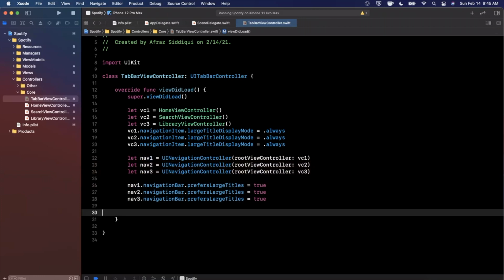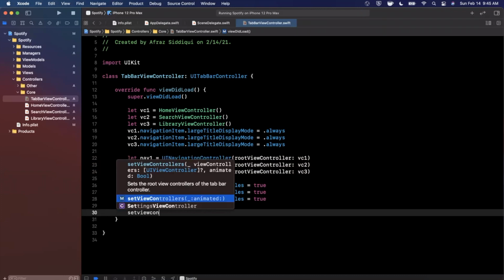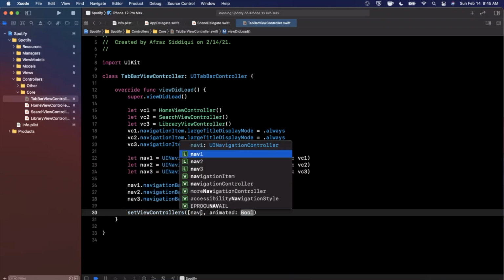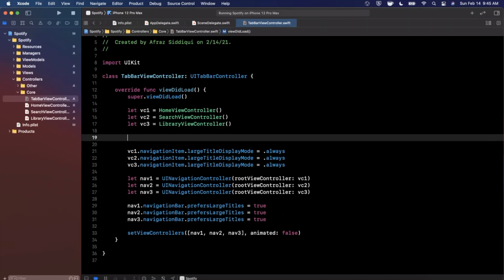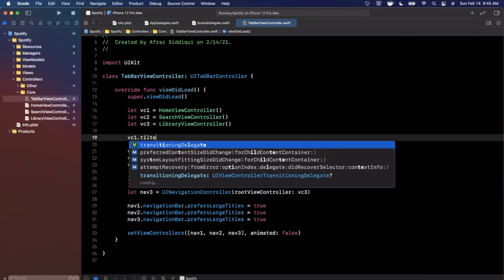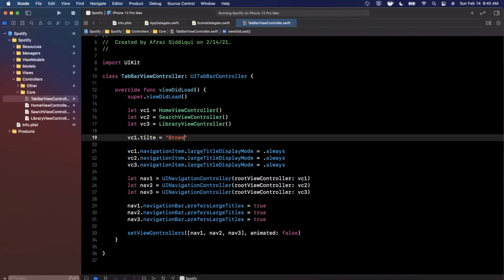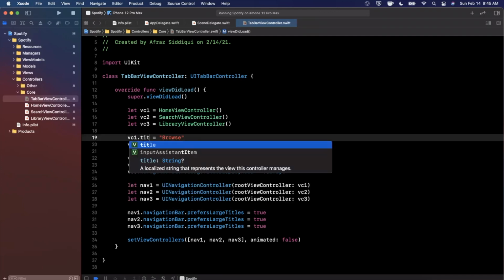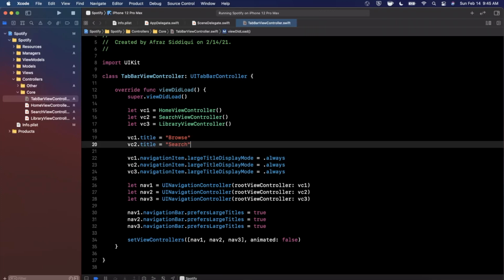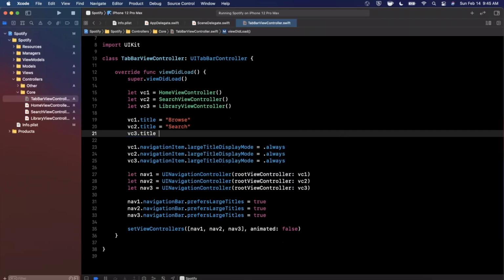And finally, now that we have these set up, we can say on this tab bar controller, set your view controllers, and it's going to be nav1, nav2, and nav3. Animated, you can go ahead and say false. And let's see, we're also going to want titles for our controllers here. So let's go ahead and do that. VC1, we're going to say its title is going to be browse. VC2's title is going to be, let's make sure we spell title correctly, search. And VC3's title is going to be